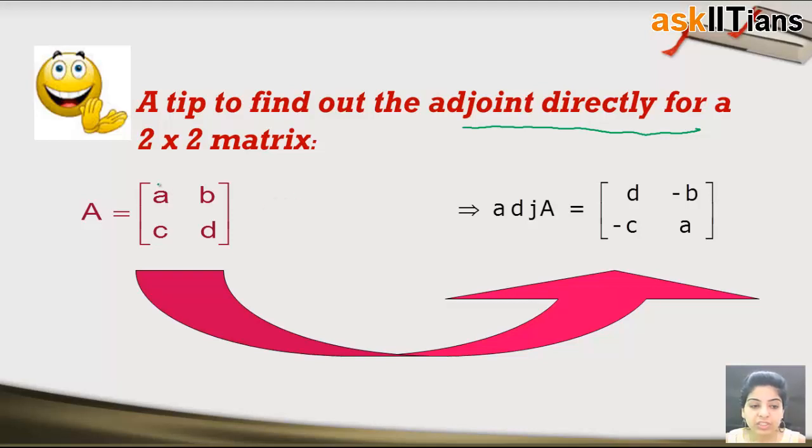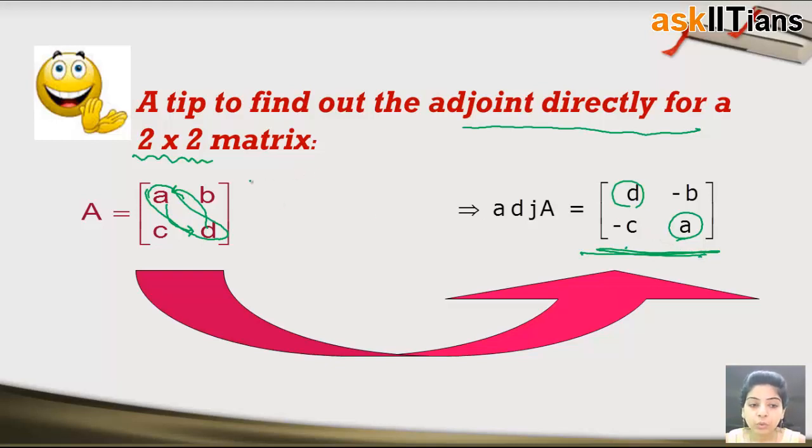What I can do is you just directly interchange the elements of the main diagonal, right? Note, this is just for a 2 cross 2 matrix, not for any higher order matrix, right? So you just interchange these two elements. This becomes D and this becomes A. Next what you do is you just negate the rest of the elements. Negate means you just make it minus. If you have B, you will get it as minus B. If you would have had minus B, you would have made it as B. So just put a negative sign in front of the rest of the elements. So we get minus B and minus C, and this is the final adjoint, right?